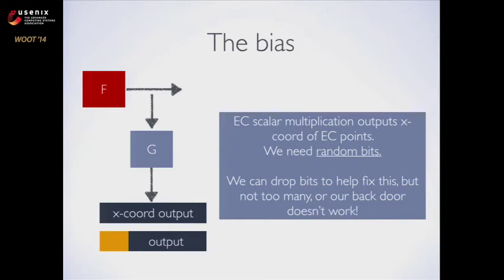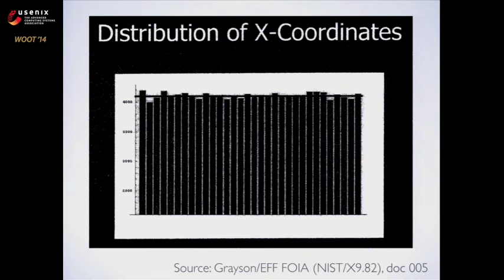So we have to drop just enough to make things good so we can still guess the missing bits and go backwards. But we can't drop too many. We can't drop too few, or it's going to be obviously biased. So we came to an agreement that maybe we'll drop 16 or 17 bits. And that does leave a bias, but what we have to do then is justify computationally that the bias doesn't